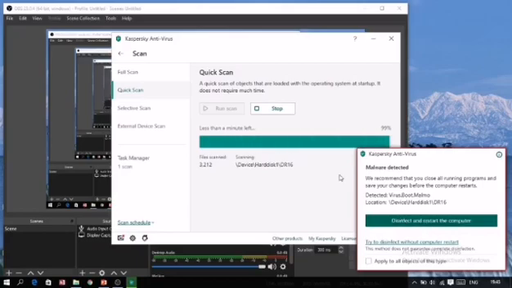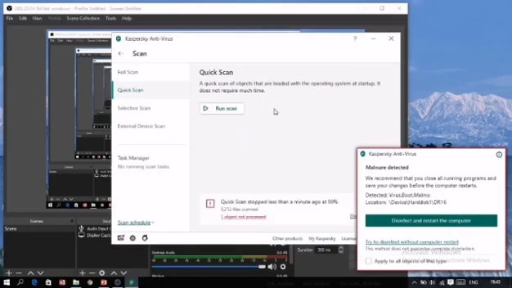Here I just have to show you that at 99% it's not completed yet, but as it found some malware in my computer system, it has stopped here. Right now I'm just clicking on stop, otherwise it will stop automatically. So in this way we can scan our computer system.